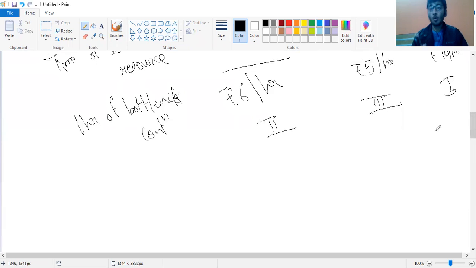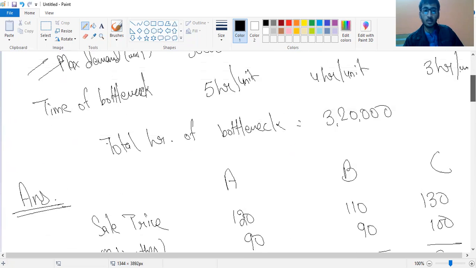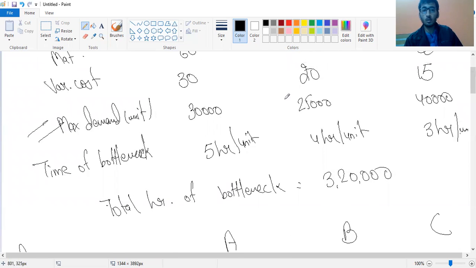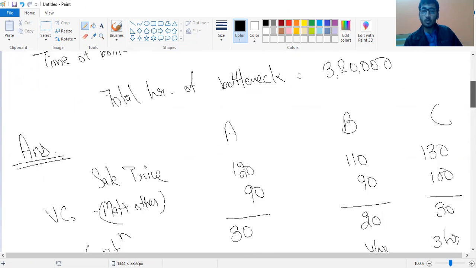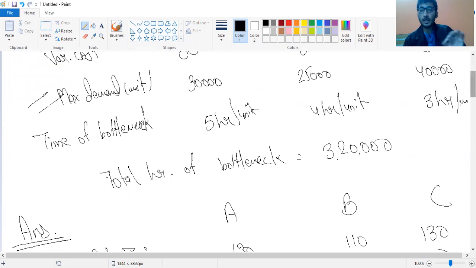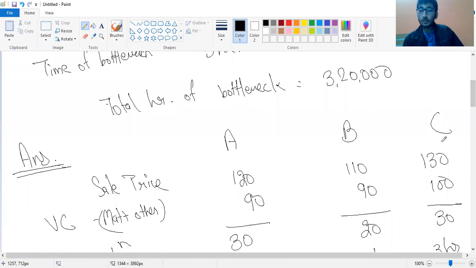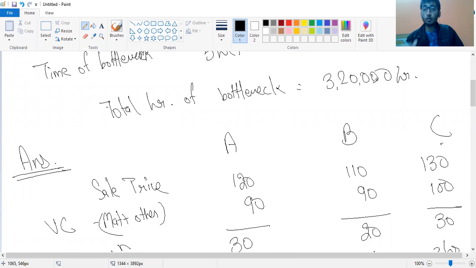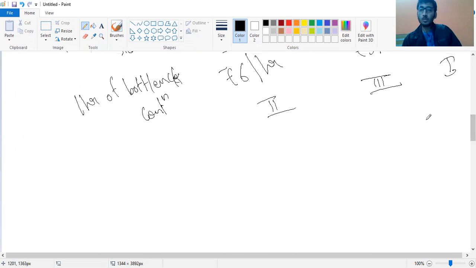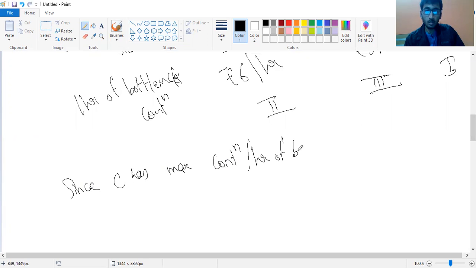Okay, now what is the important thing? Suppose this concept of maximum demand is not given in the question, then we can simply calculate how many units we can manufacture of C out of these bottleneck resources. Like, by using 3,20,000 hours of the bottleneck resources, how many units of C can I manufacture? So just calculate this. Since C has maximum contribution per hour of bottleneck,